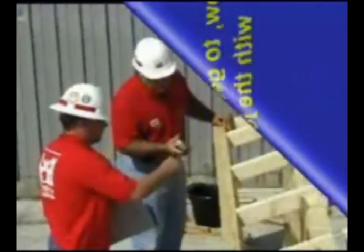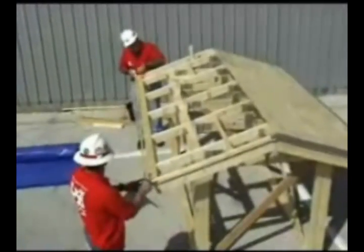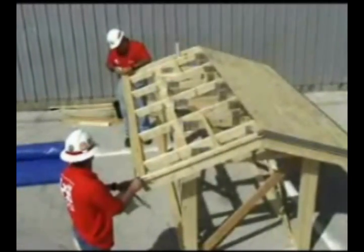Now, to get started with the job. Step 1. After the amount of plastic material needed to cover the damaged portion of the roof has been determined,